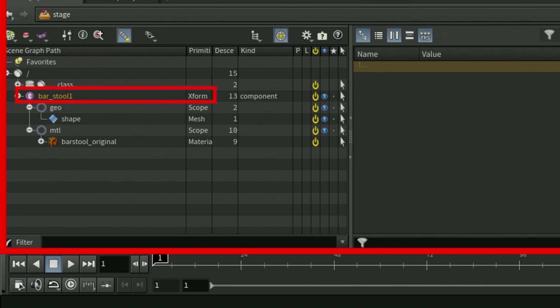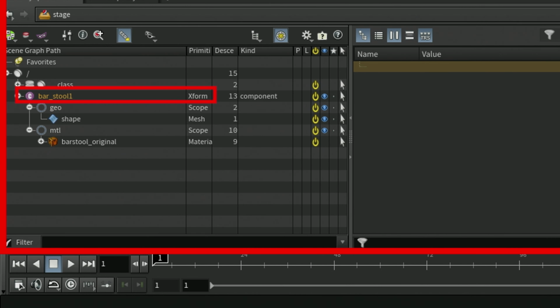So here we have a primitive called barstool1. And you'll notice that there's a column to the right of its name called primitive. And this lets you know what type of primitive this particular entry in the scene graph tree is.